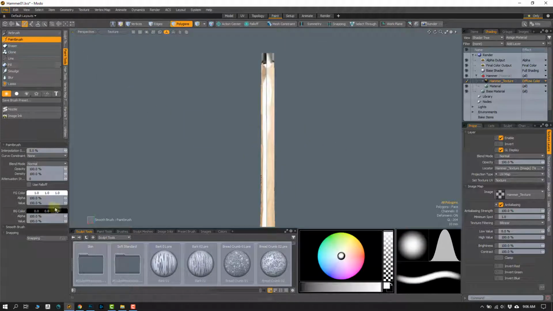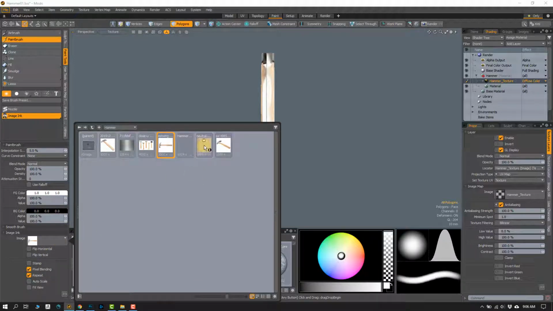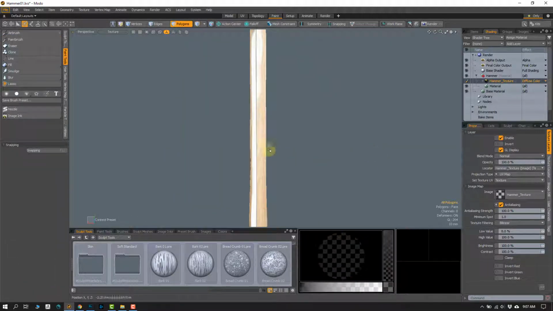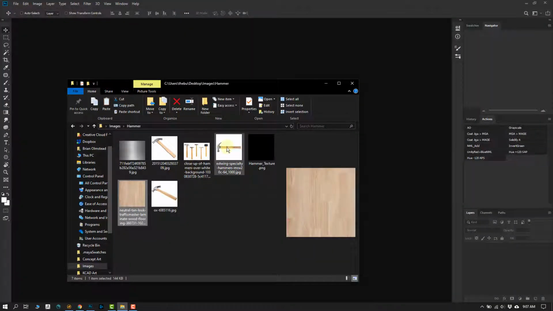So let's actually go back to that Paintbrush Image Ink. And let's use this image now. So before I actually jump into using this image, and again, it's going to need to be rotated and whatnot, there's one step that I want to do in Photoshop real quick to ensure that these blend well together. So over in Photoshop, I'm just going to grab, this was the hammer that I was using,